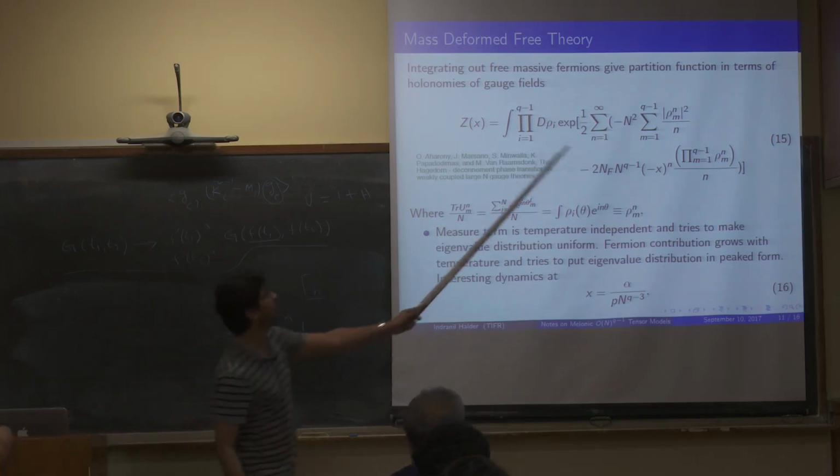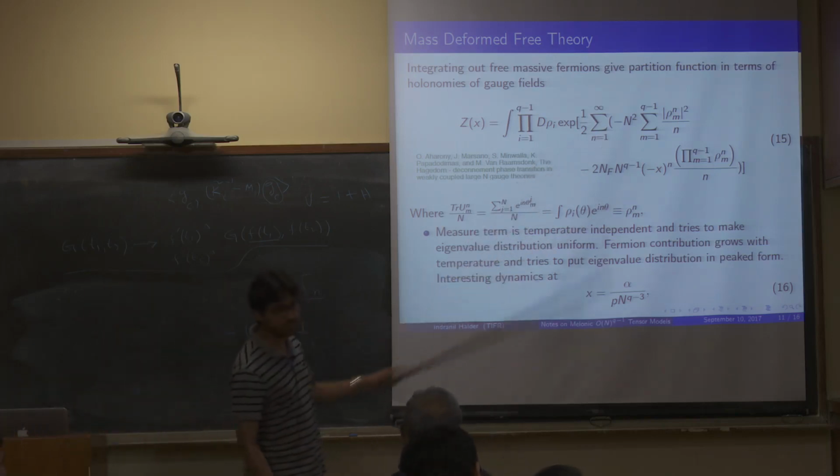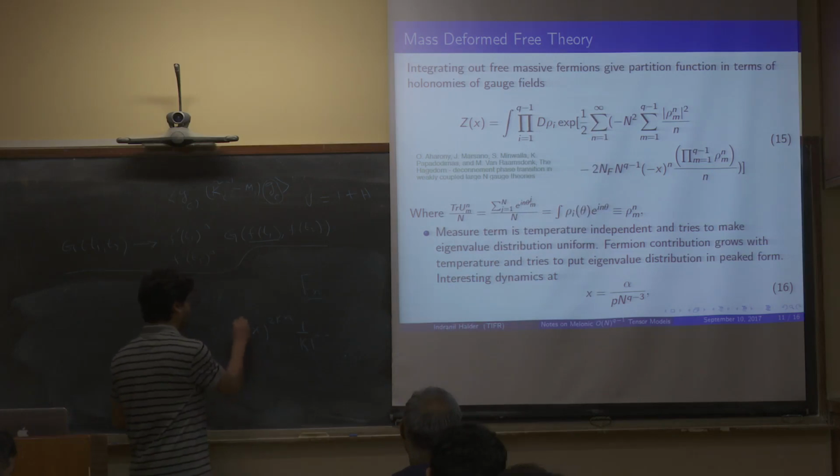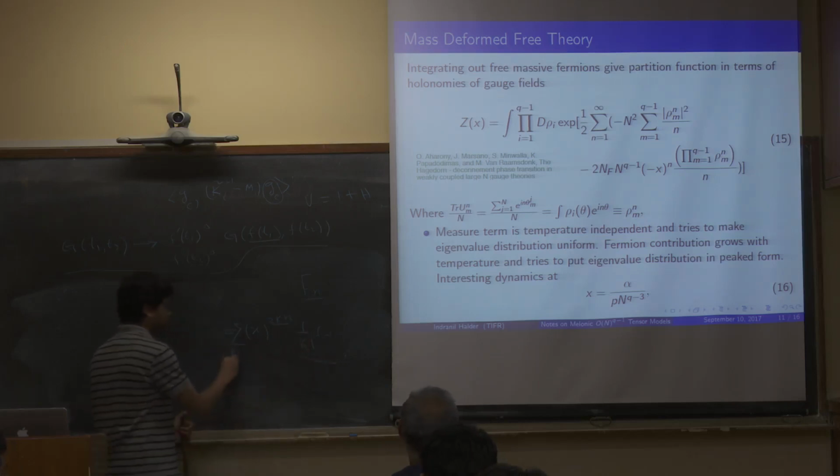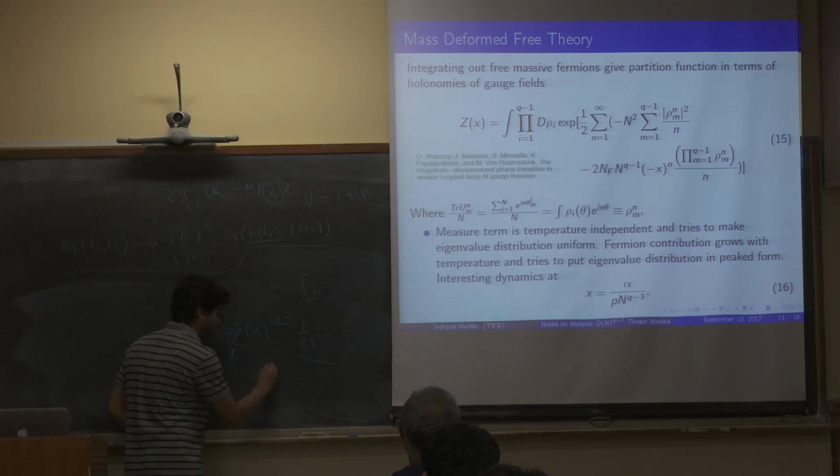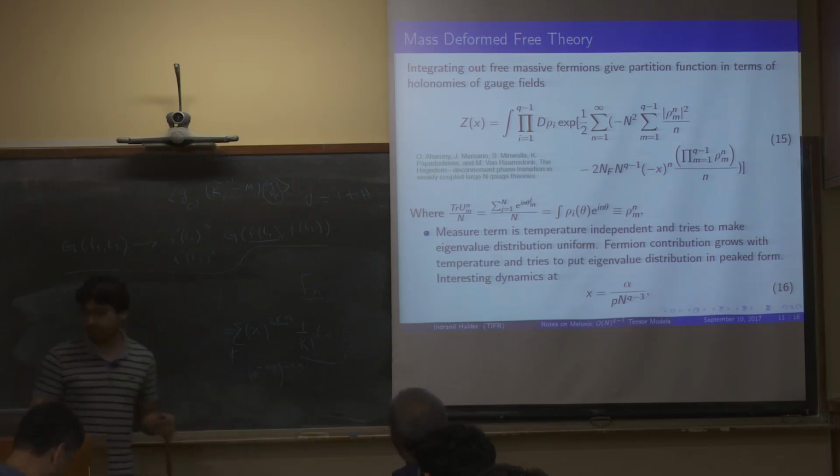So for a given value of n, you do this integration, and as a power of x, you get quantities like x to the some power times some number, and then you identify this. x is like e to the minus m beta. Yes, so you identify this and you get the